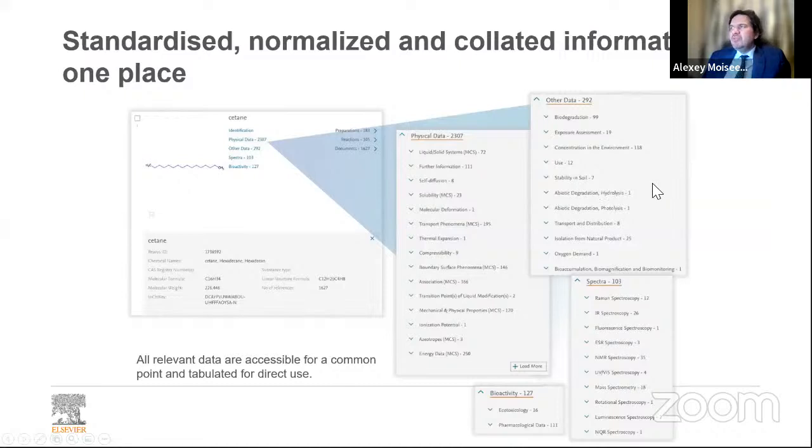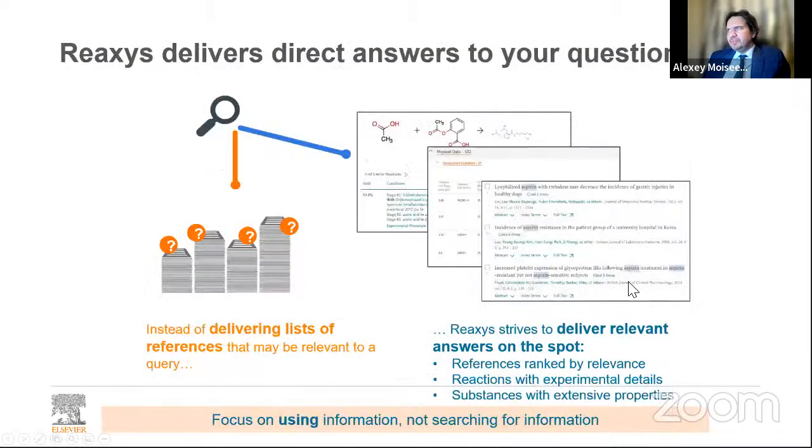Some facts about solubilities, some facts about stability in soil, or how it degrades by photolysis or hydrolysis. A lot of things that could be useful. It's not only chemistry, not only chemical synthesis, but also a lot of things around chemistry, around materials, around substances, and so on.